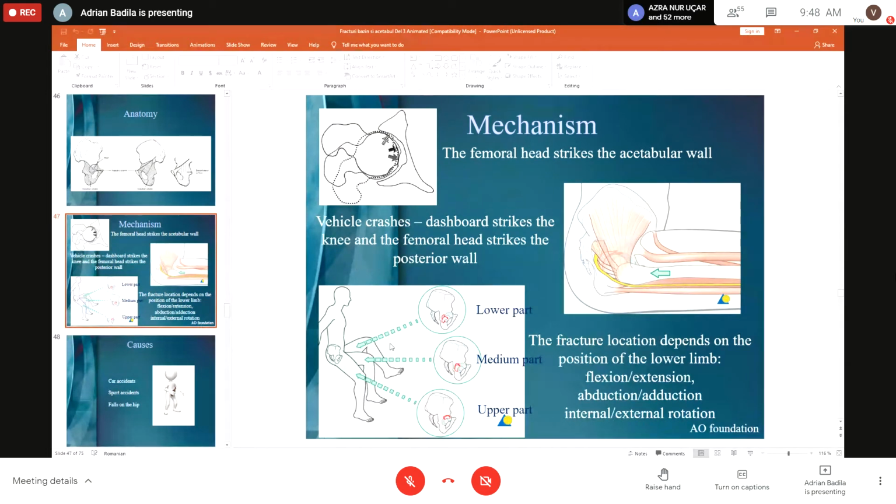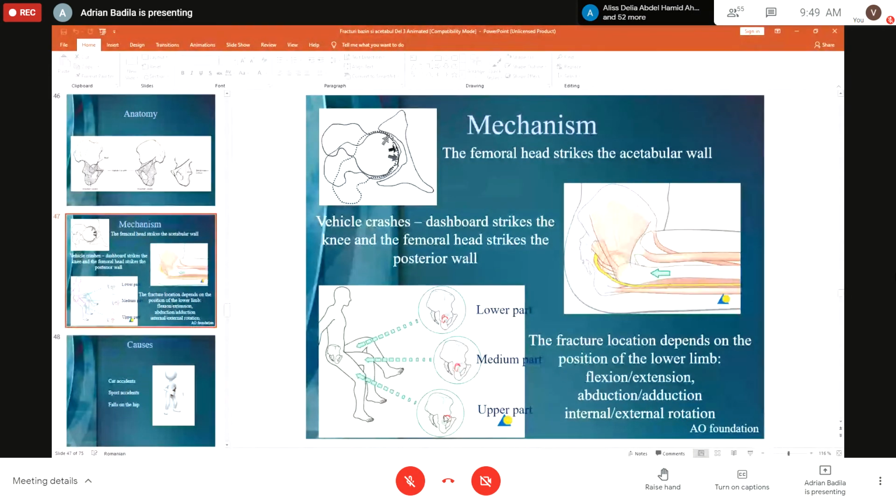Here we have an example. This is the driver. The dashboard will strike here in the knee. If the patient is with the hip in some extension, the femoral head will strike the posterior wall of the acetabulum in its upper part, and we will have a fracture here at the level of the upper part of